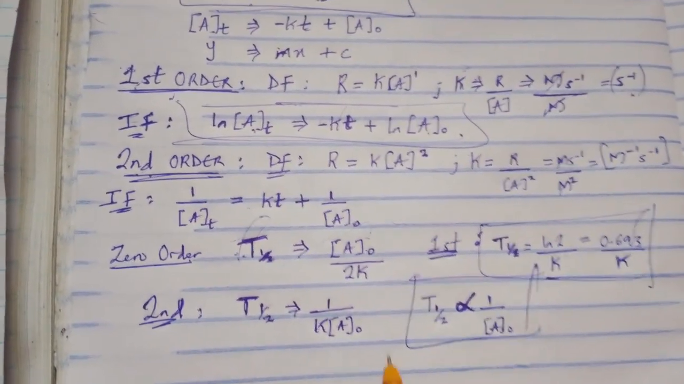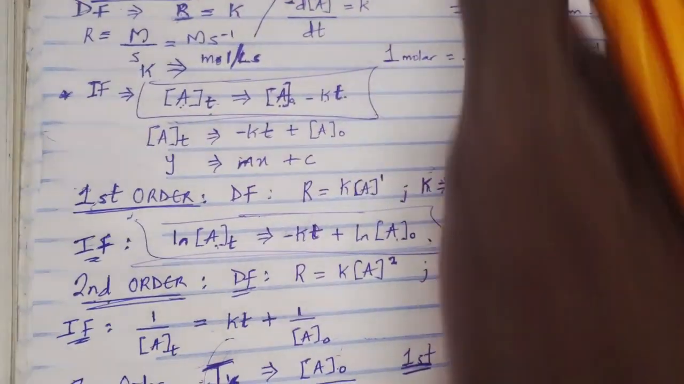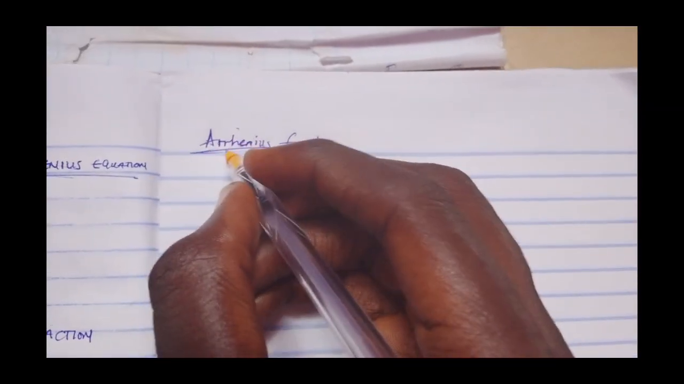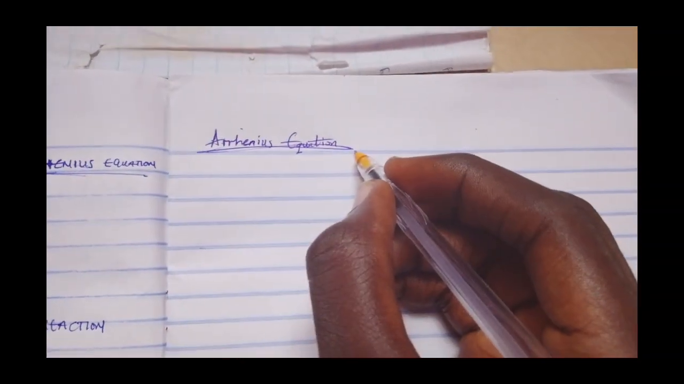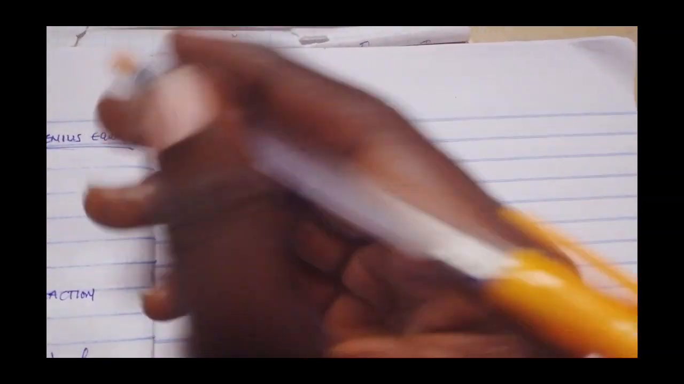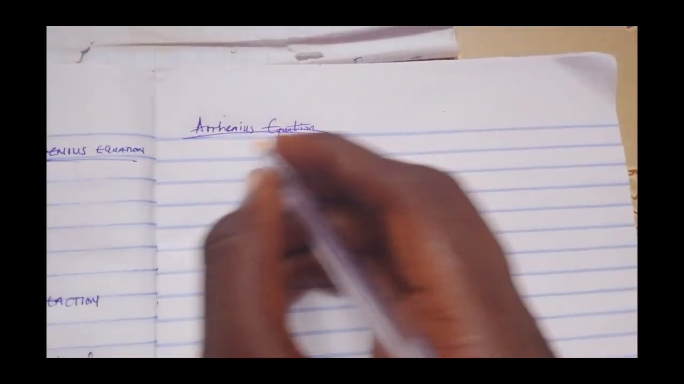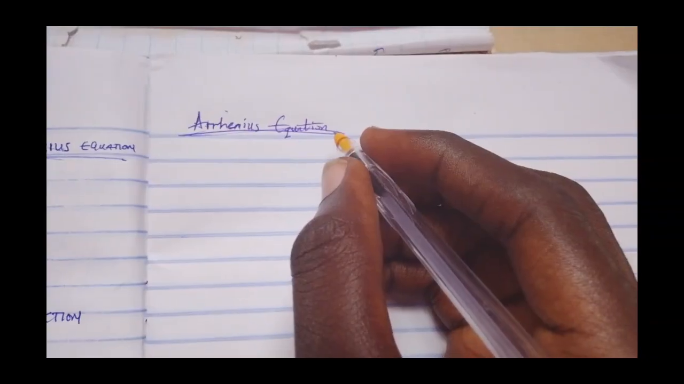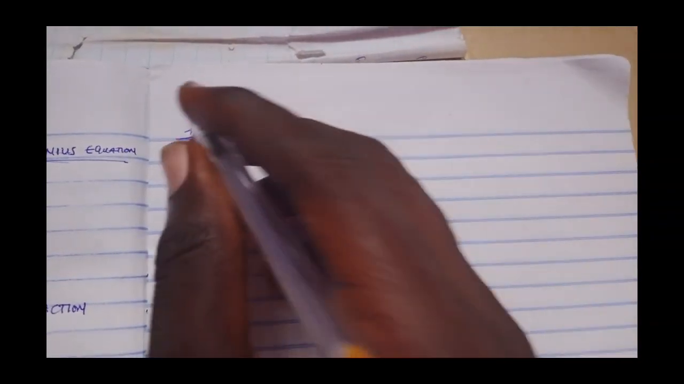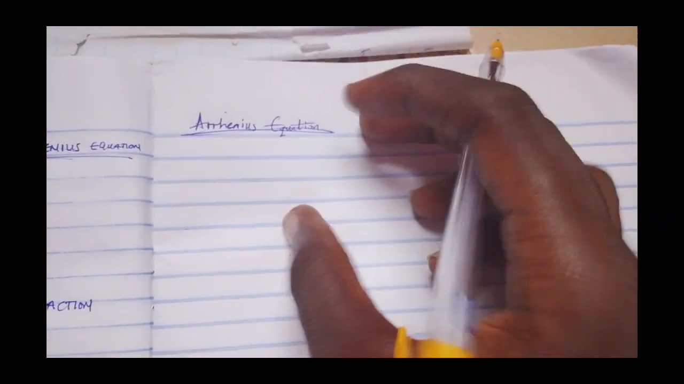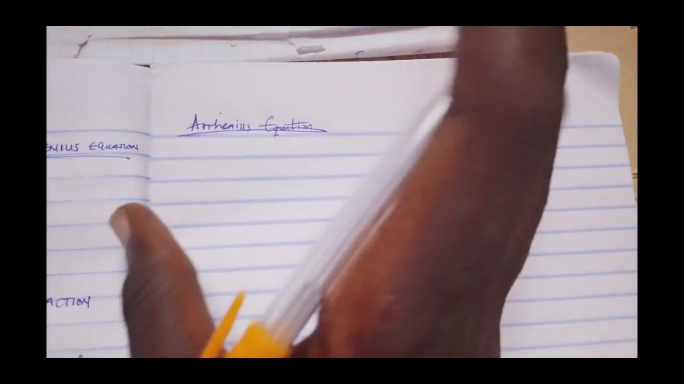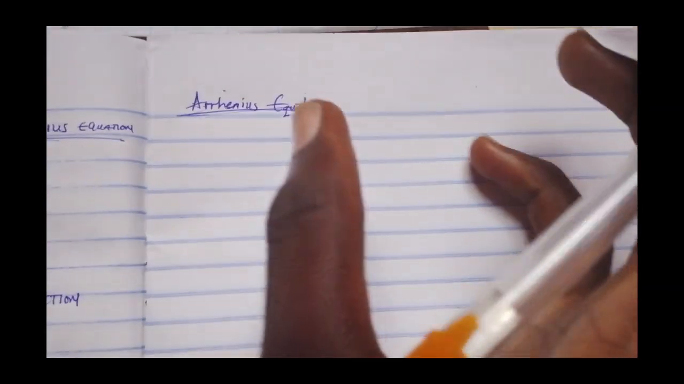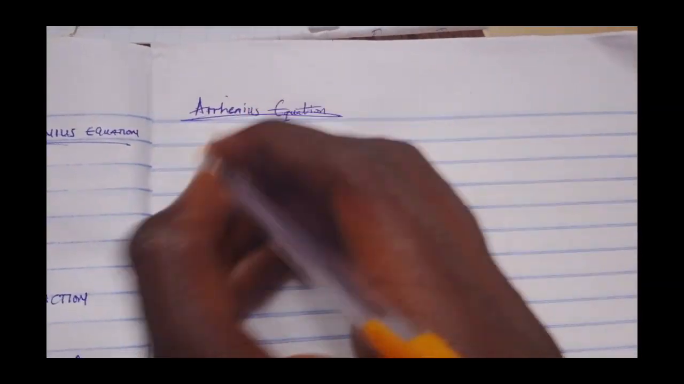So let's look at another thing called the Arrhenius equation. Basically we've been talking about the first order, second order, and revision about it. Now let's quickly revise the Arrhenius equation. We just have to know the formula, no calculation on it. We can use the formula to calculate, but from the past questions I've not seen any calculation on the Arrhenius equation,